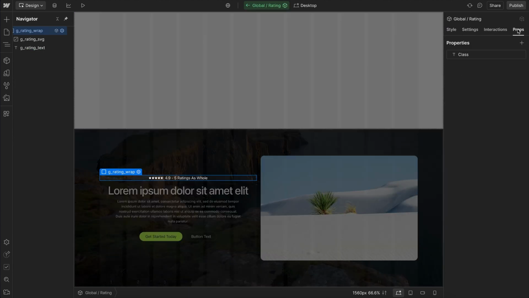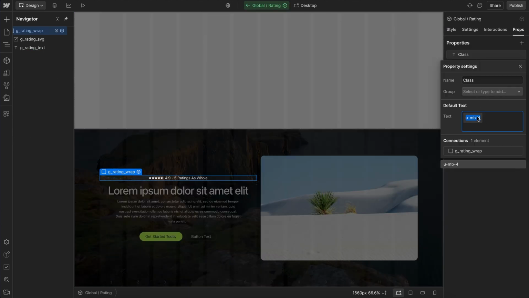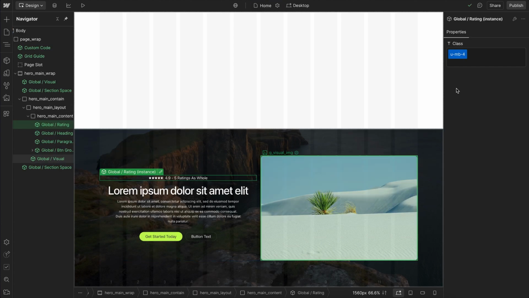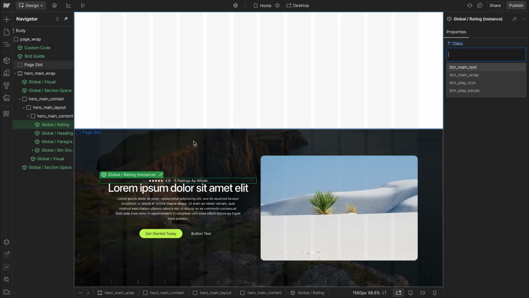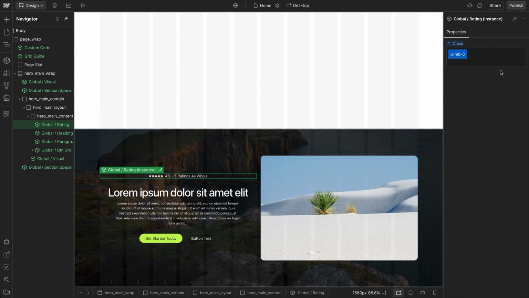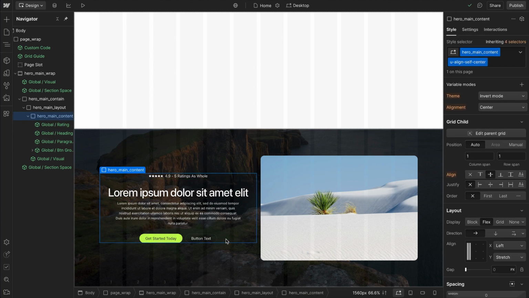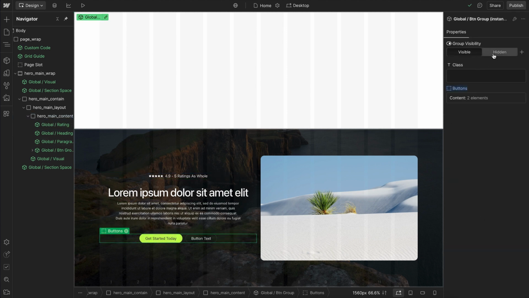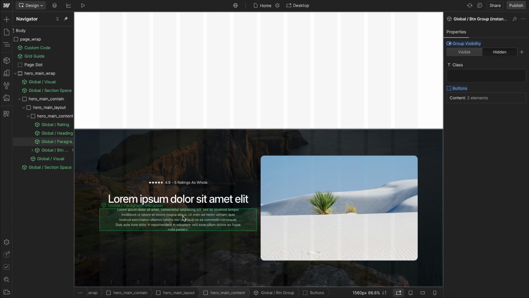If we ever want to change that margin globally, we just need to edit the default for this prop. But if we need to take that margin off for some reason, maybe we're using Flexbox for the parent, or in some cases we want to override that margin, we still have that control to do that from this component field as needed. Now, something else we may notice if we decide to hide this button group in some instances of the component is that